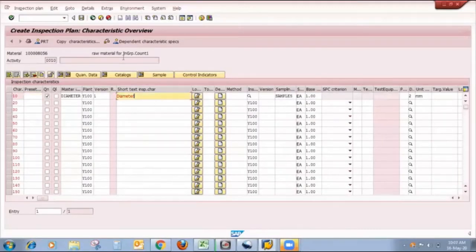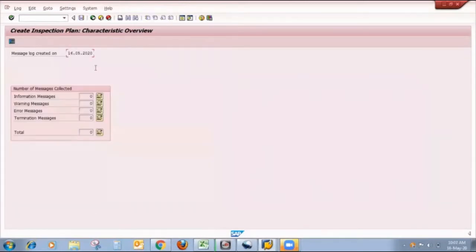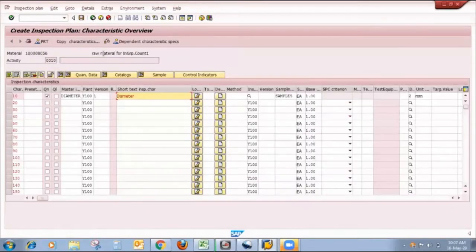Now I click on consistency check, where I check whether any error or warning message comes while creating this inspection plan. There is no warning message, there is no error message, so my inspection plan is okay for saving. So I save my inspection plan.